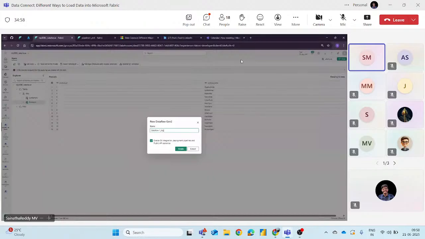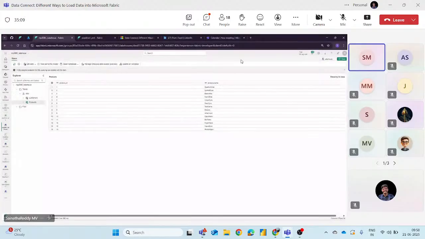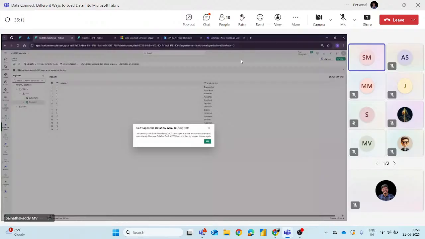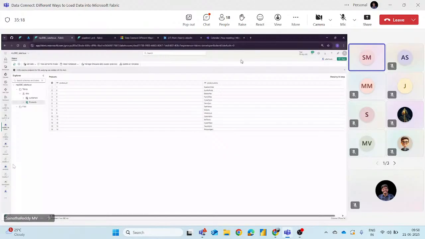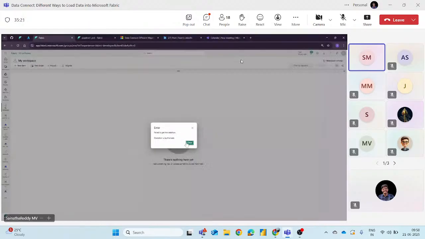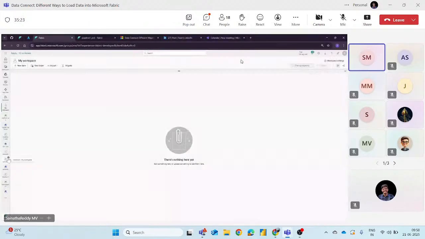Regions, I'm just renaming it to make it easy to find. Create. So Dataflow Gen2 has... oh, cannot open, data flow timeout. Okay, I think I need to close some data flows.